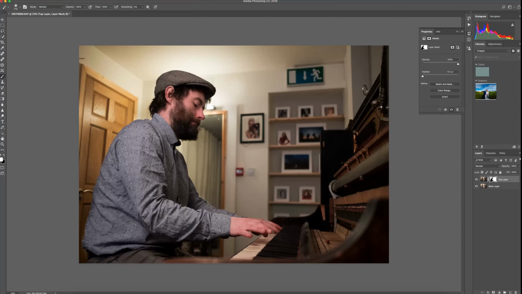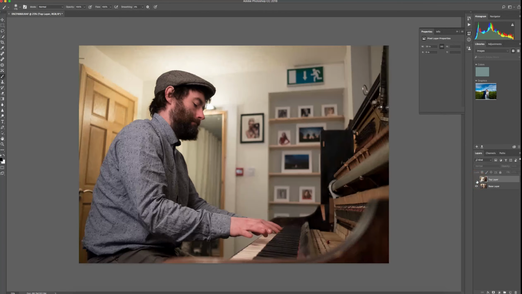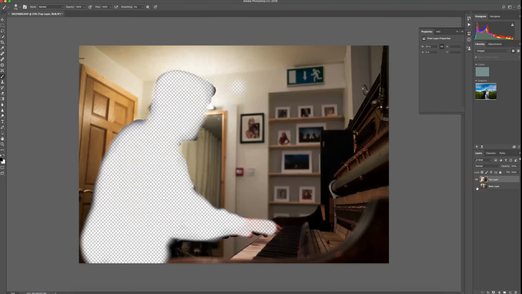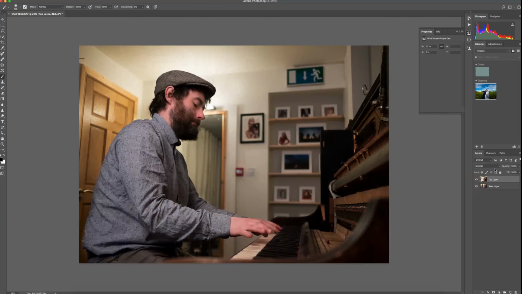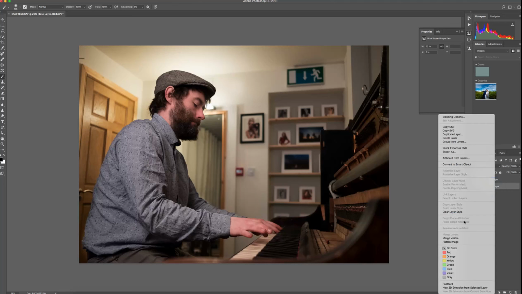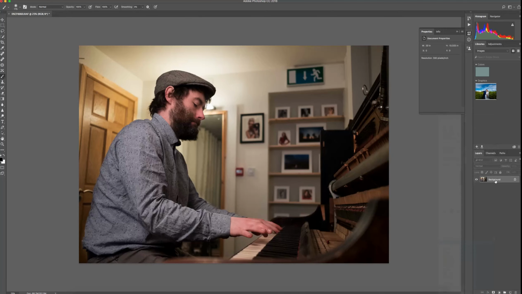If you were happy with that adjustment, we would right click and say apply layer mask. What happens then is we now have an adjustment layer, and if you switch off the base layer, this is our adjustment. If we were happy with that, which we probably wouldn't make this edit anyhow, it's just for demonstration purposes, we could right click and flatten image, and that will make one single flat image. But I wouldn't recommend doing that till you're absolutely finitely happy with the end result. So that's